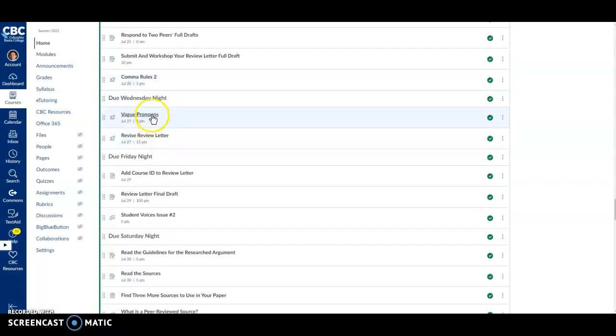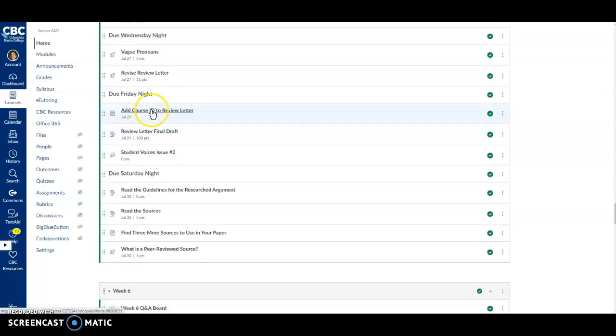For Wednesday night, you'll have the vague pronouns quiz and then the revised review letter quiz. This again is meant to be an interactive activity, as when we did this for the editorial, where you go through it step by step and revise your review letter 1 step at a time. I encourage you to make this activity a priority, as it will help you significantly improve your score on the review letter. For Friday night, you'll add your course ID to your review letter and submit your review letter final